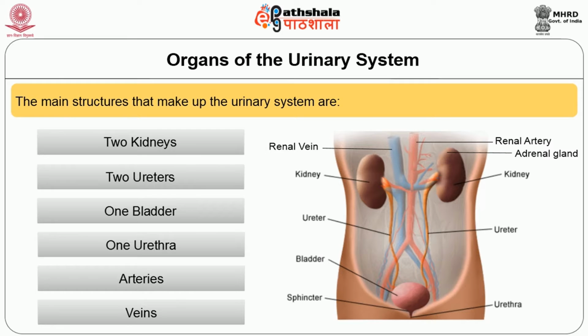Here, you can see a diagram of the urinary system in the body. You can see the kidney on both sides, the ureter, the urinary bladder and the exterior opening, the urethra. Can you locate the two kidneys placed symmetrically on each side of the body? The ureters come out from each kidney, and the dome-shaped urinary bladder is in the center. Can you also locate the adrenal glands on top of each kidney? Since they are found on top of the kidney, they are also called the suprarenal glands.